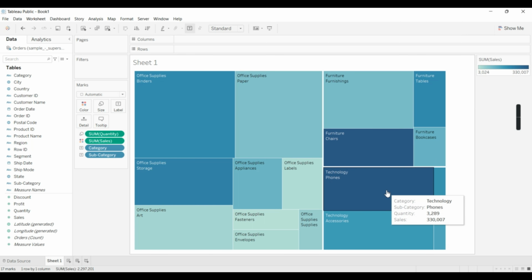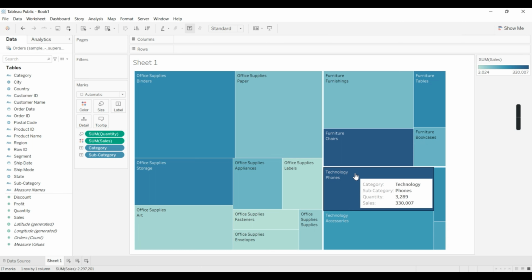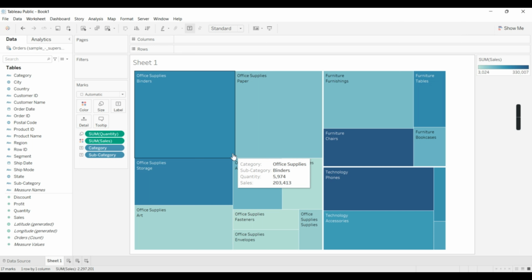So you can see technology has the highest sale, and furniture chairs has the highest sale. Technology, phone, the subcategory of phones. But the quantity, that is, the bigger size is relevant to quantity. So you can see here the sum of quantity is given in a circular format, which says that the shapes are